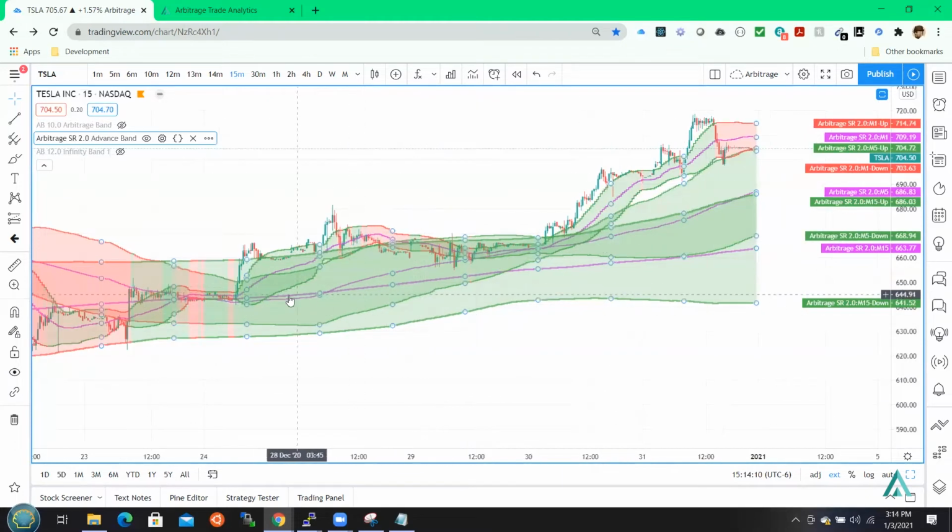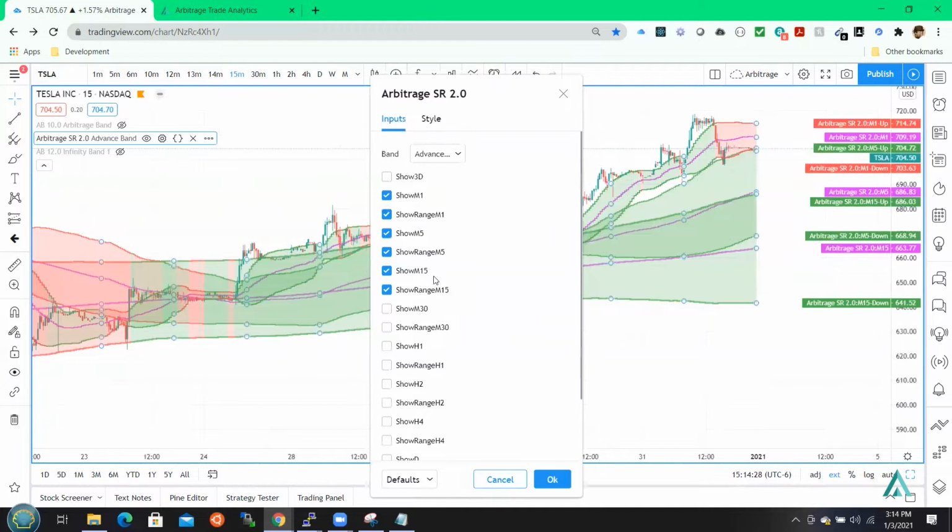For those people who need 3 confirmations, we have 3 bands. Basically, if they're all green, you should only be playing up. You see any red, take your leave. You see them turn back green, all of them turn back green again. Oh, great, get back in. Any of them turn red, get back out. Just that simple. And because this is also showing 1 minute, 5 minute, 15 minute, it doesn't matter which time